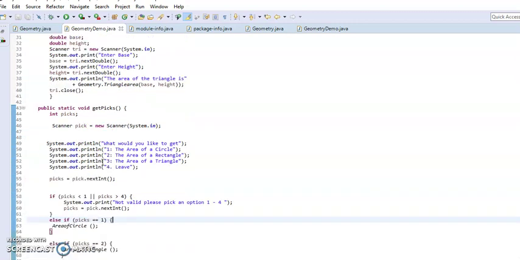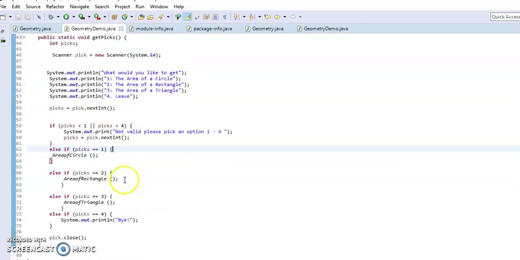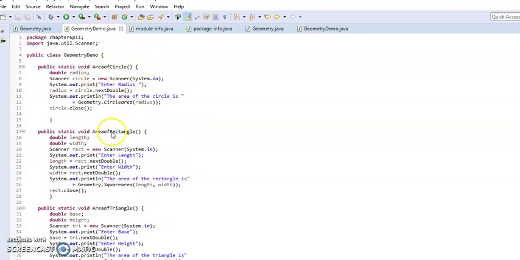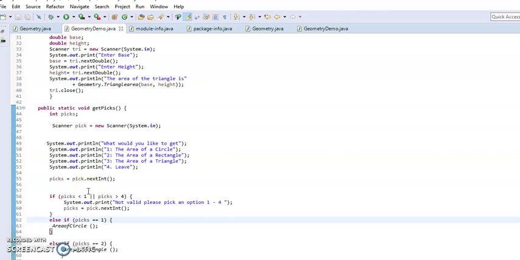It's where I define the integer picks, or the scanner pulls the pick they put. Here's where it sends an error message if they pick an option that's not available. Here's the area of circle, area of rectangle, area of triangle. Back up here, area of circle, area of rectangle, area of triangle. I have no idea if it works. I think it does, because I'm not seeing an error, but I can't get it to run, so